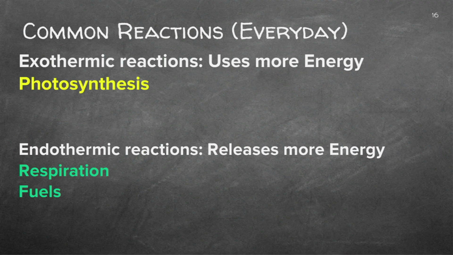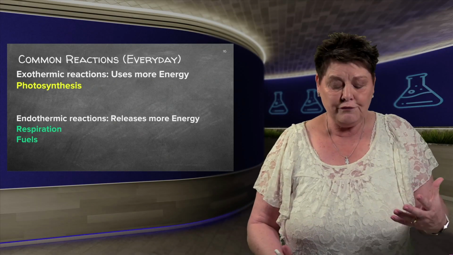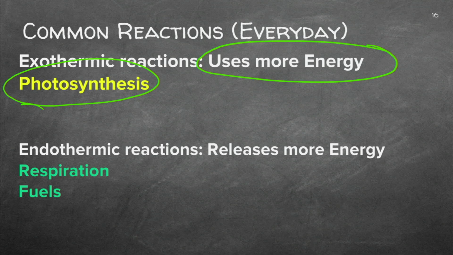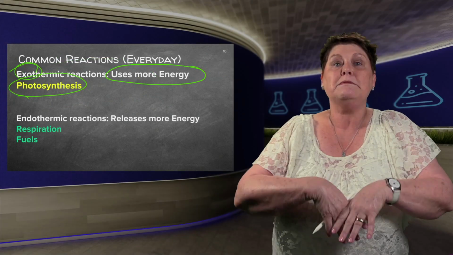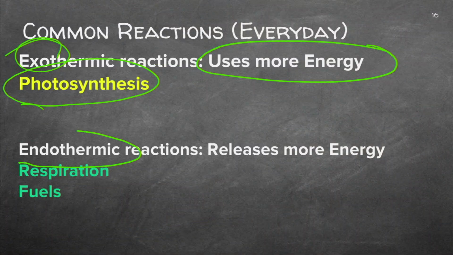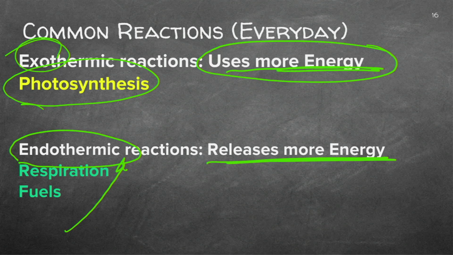Right, guys, you need to know that we can apply this in everyday life. So all the reactions happening where they actually release energy, like photosynthesis, like digestion of food, are exothermic. Go into the kitchen and make some popcorn. You know you heat popcorn, but it just spreads out. That's exothermic. Lots of energy released. Endothermic, on the other hand, will actually release less. This uses more energy, and this releases more energy. And this will be respiration and fuels.